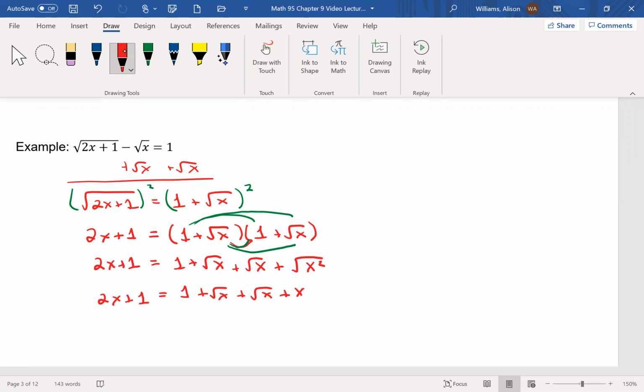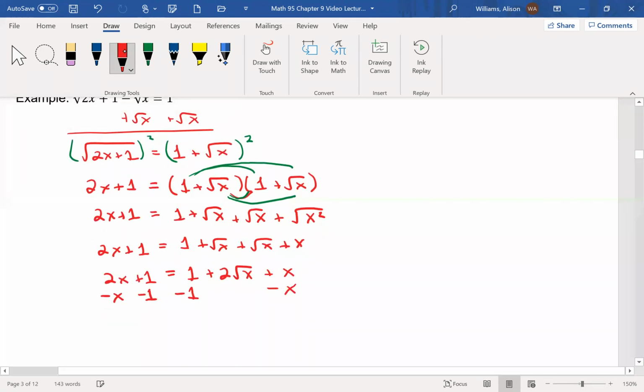Okay, so the square root of x plus the square root of x is 2 square root of x. There's 2 of them. Okay, so here's what I have. I have a bunch of stuff with the radical. I'm going to isolate the radical again. So I'm going to have to isolate the radical twice. The first time I isolated the bigger radical. This time I'm going to isolate the little radical. So I'm going to go ahead and minus this 1, which is going to cancel. That's nice. And this x. And that's going to leave me with